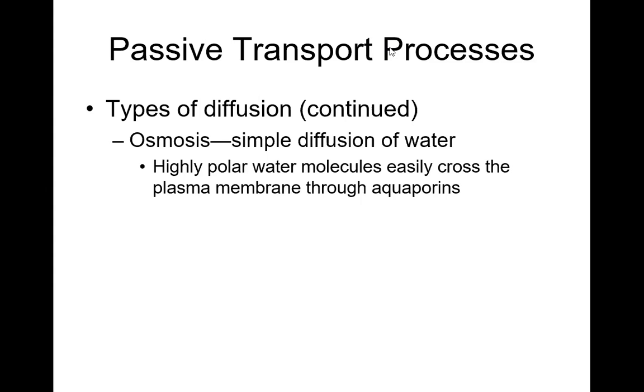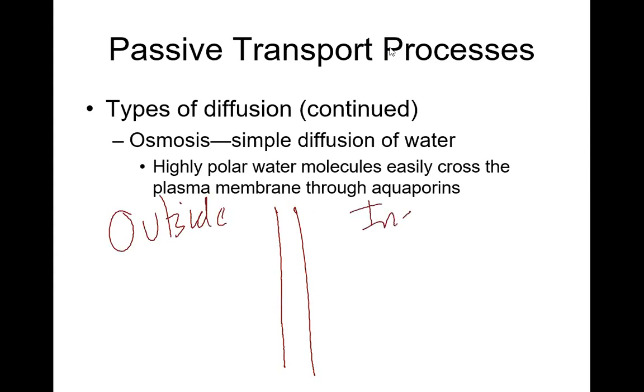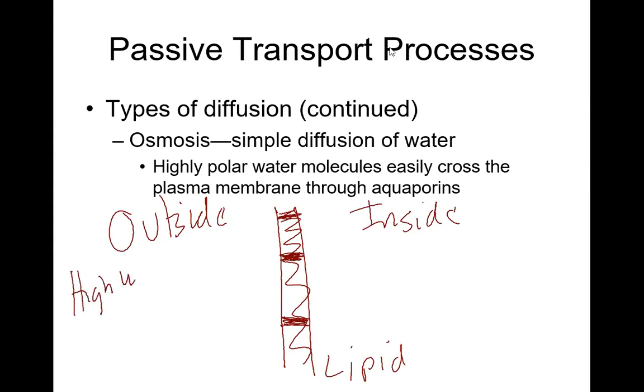So we have a membrane. Here's our membrane. Here's the outside of the cell. Here's the inside of the cell. And of course, the membrane is a lipid layer. But whatever the membrane is, we will have channels in here for water to go through. There's a water channel there, and a water channel there, and a water channel there. Now, when I say high water and low water,